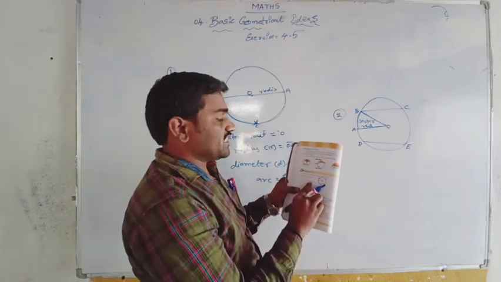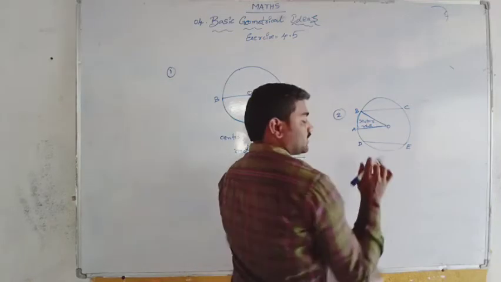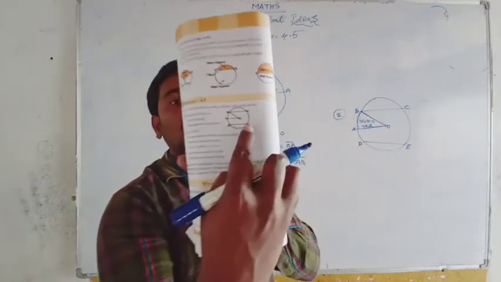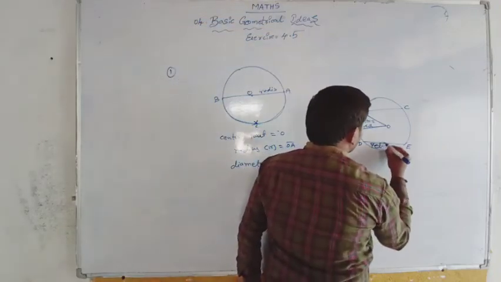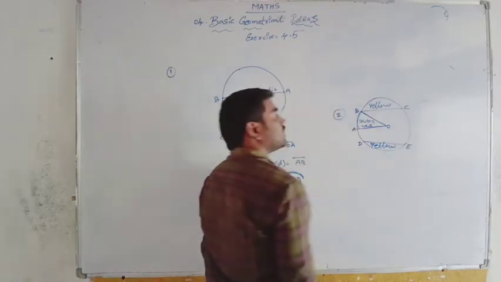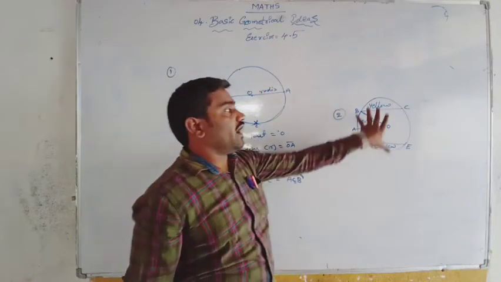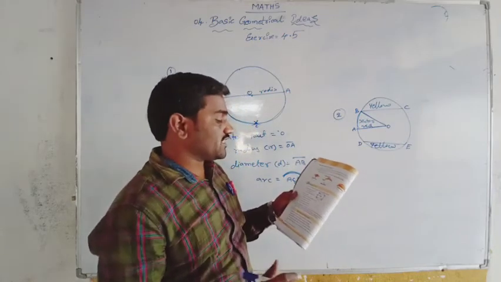And minor segment with yellow color. See that, these both are minor segments only. In the textbook it is given clearly. These both are minor segments. So fill this with a yellow color. Use the colors: a sector with a red color and minor segments with a yellow color. Finished. And the third bit is that